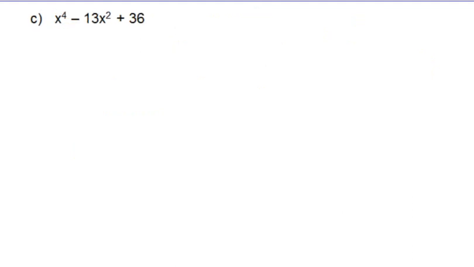Okay, next, C. We have x to the 4th power minus 13x squared plus 36. Now, it may not be apparent to you, but this is in the form of a quadratic expression. And what we're going to do is substitute in, and it may not be apparent to you right now what that is, but we're going to say let